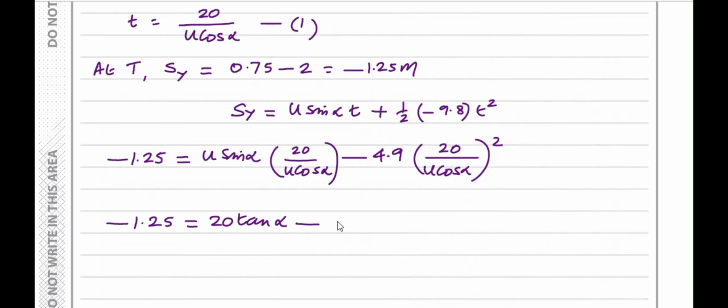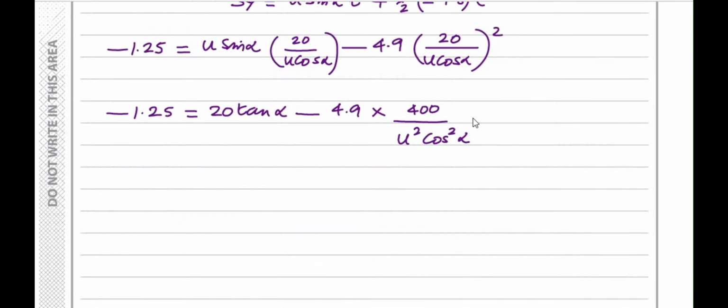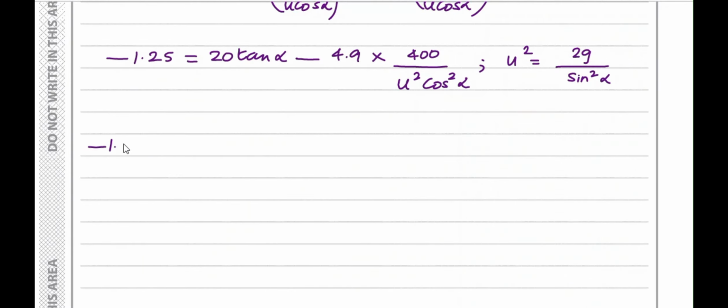minus 4.9 times 400 over u square cos square alpha. From the earlier part of the question, we already know that u square is equal to 2g over sin square alpha, which we can put inside here. Therefore, this is minus 1.25 equals 20 tan alpha, no change there, minus 4.9 times 400, putting in the calculator